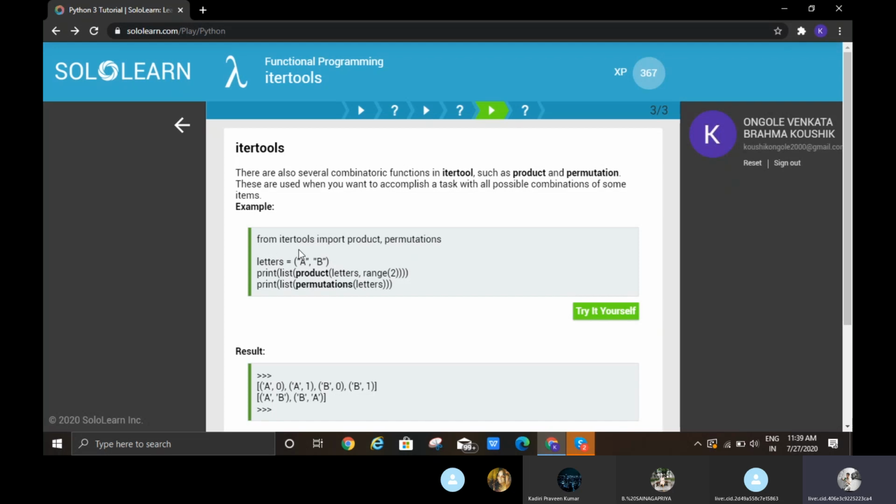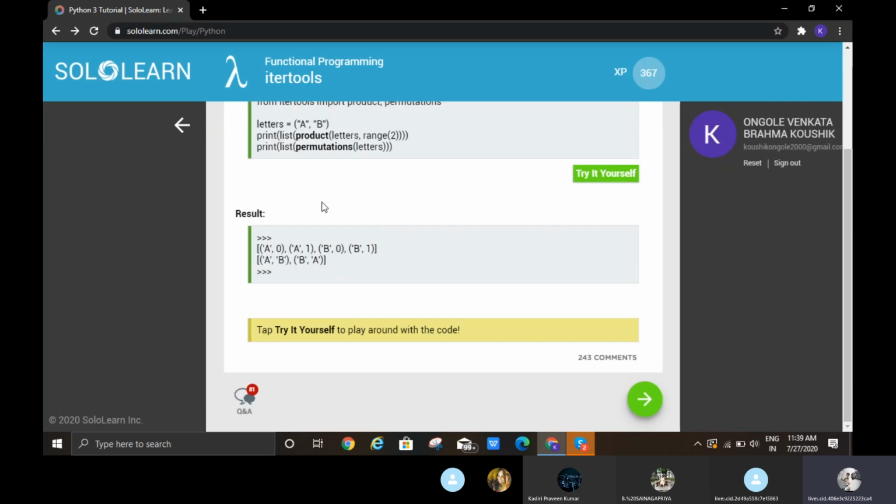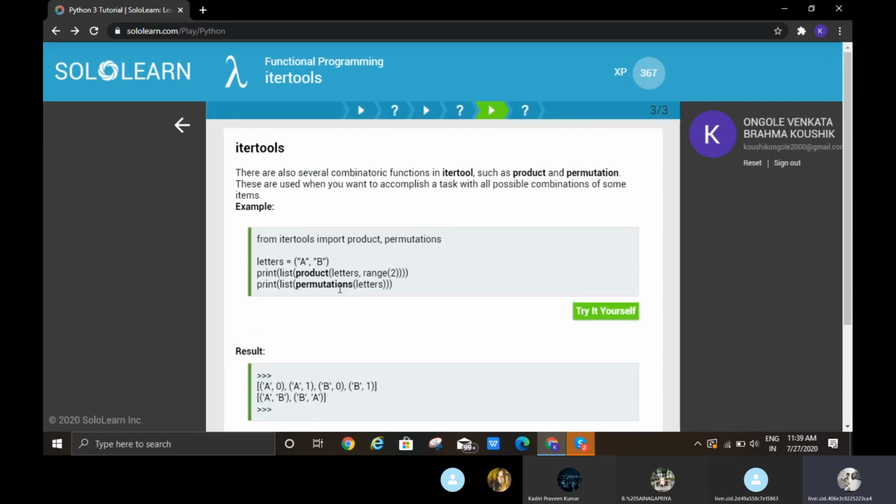Here, from itertools import product comma permutations, letters equal to a comma b, print list of product of letters in the range 2, and print list of permutations of letters. Product and permutations use possible combinations of some items.